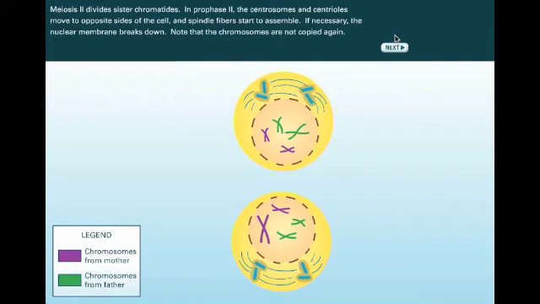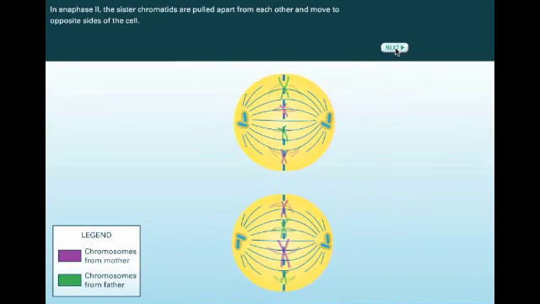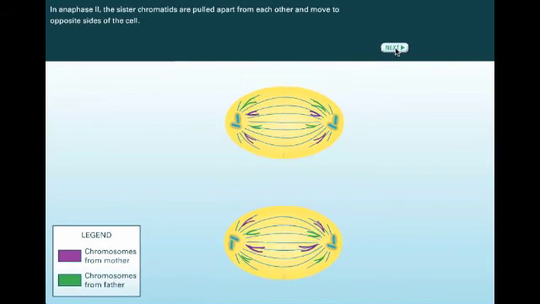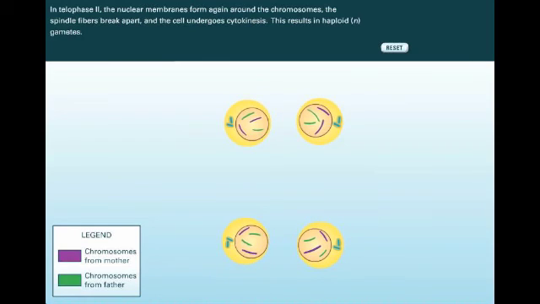Meiosis 2 divides sister chromatids. In prophase 2, the centrioles and centromeres move to opposite sides of the cell, and spindle fibers start to assemble. If necessary, the nuclear membrane breaks down. In metaphase 2, spindle fibers align the chromosomes along the cell equator. In anaphase 2, the sister chromatids are pulled apart from each other and move to opposite sides of the cell. In telophase 2, the nuclear membrane forms again around the chromosomes, the spindle fibers break apart, and the cell undergoes cytokinesis. This results in haploid